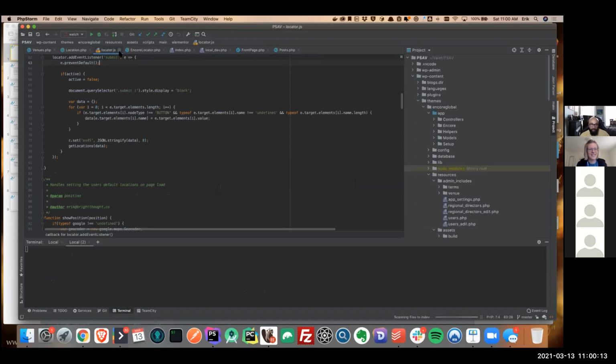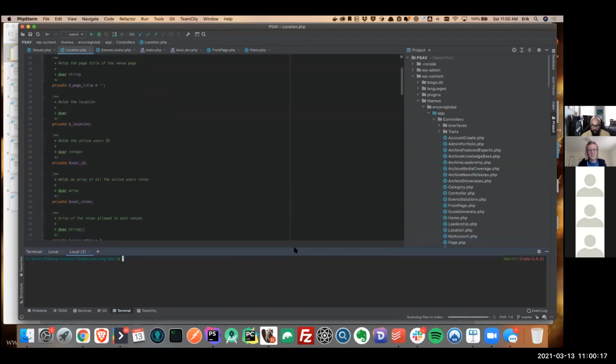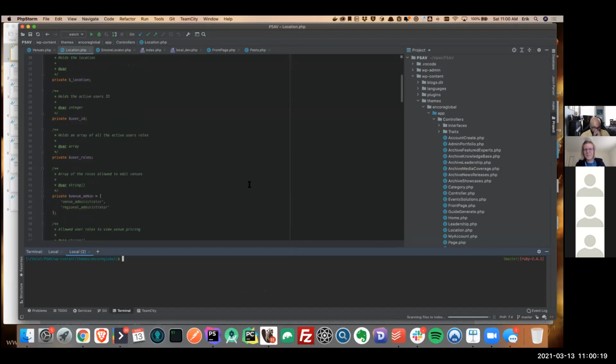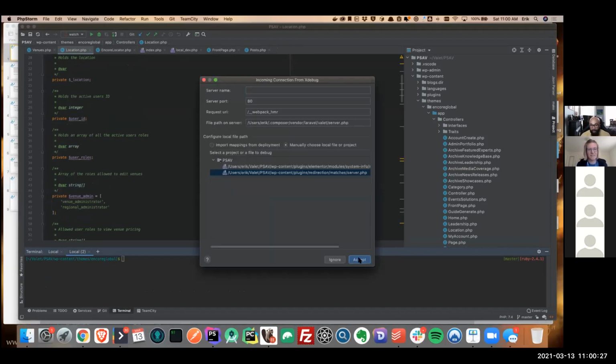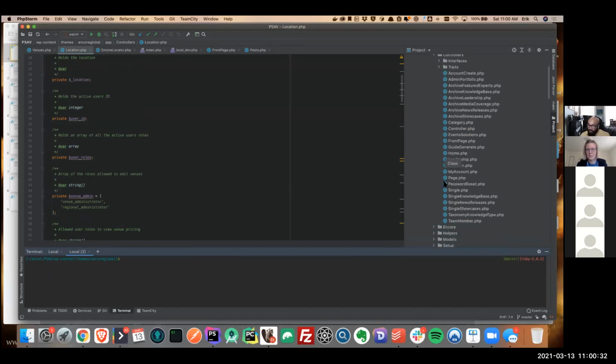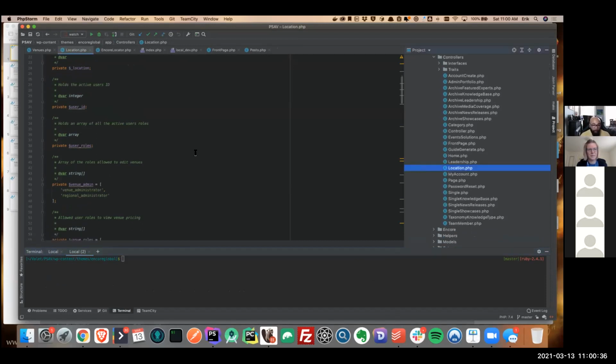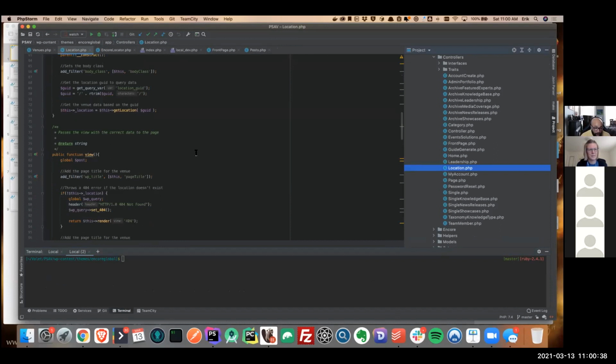Okay, so let me switch themes real quick. In one of the projects that I work in, I had to work with multiple developers and they don't code the same way that I do. So I have to debug their stuff a lot, and it's annoying. But basically there is this tool called Xdebug, and what it does is it lets me figure out when things are broken by looking at how things are being called.